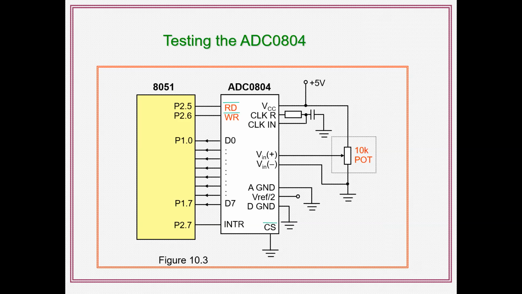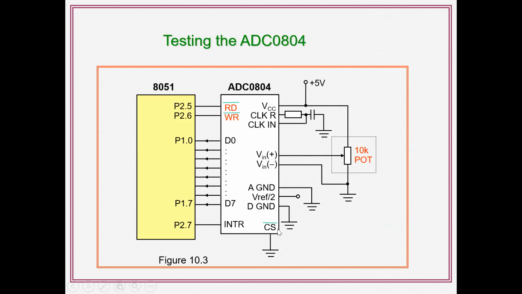And we know the Vin formula: input voltage equals V in plus minus V in minus. So V in minus is connected to ground here, so directly Vin depends on V in plus. V in minus is connected to ground, and analog ground is connected to ground. V reference by 2 is open. Open indicates that the reference voltage is 5. Digital ground is connected to the ground.